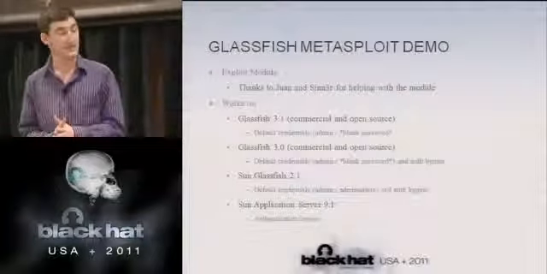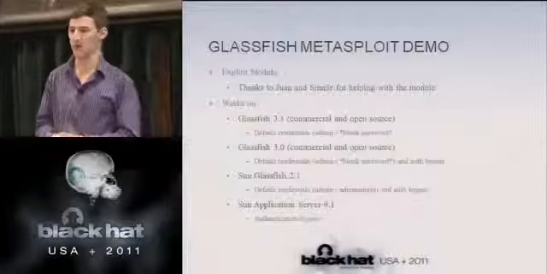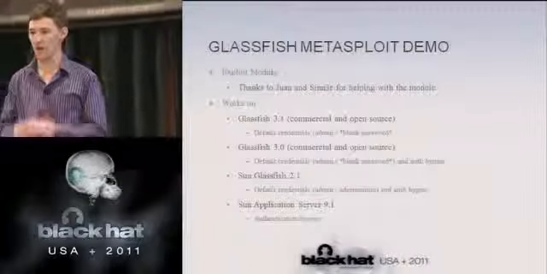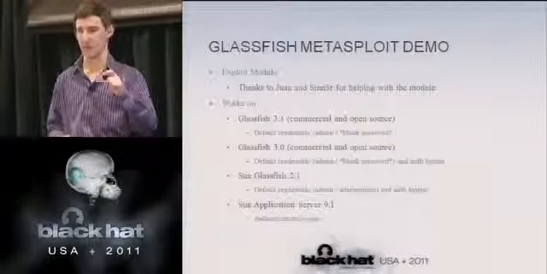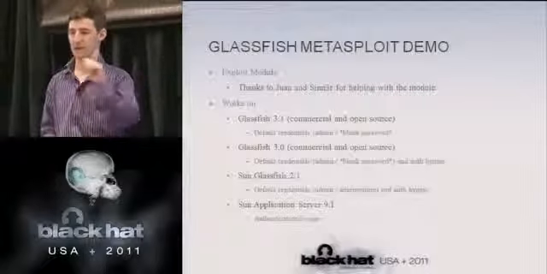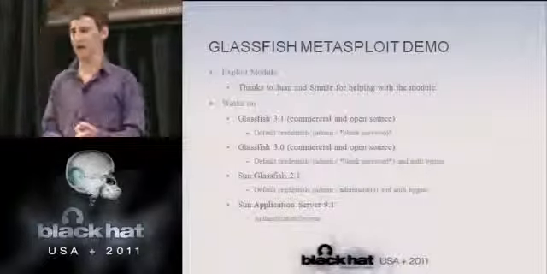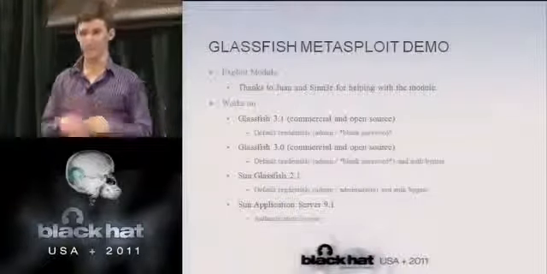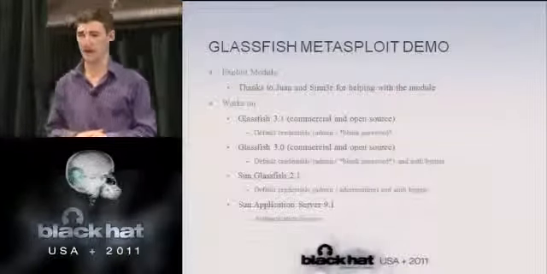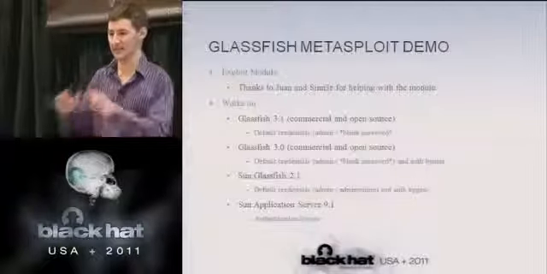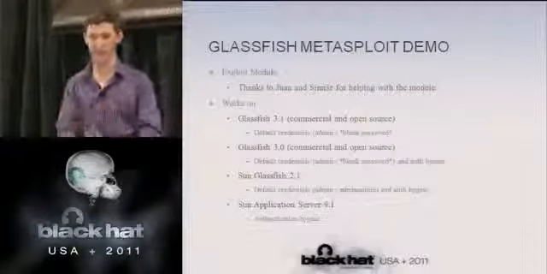As a complete set for attacking Glassfish, I worked with a few other guys who helped and contributed to the Metasploit project to build sort of an Uber module for attacking Glassfish. What it does is it enumerates the version, and then if it's Oracle Glassfish or whatever version it is, it'll use several different attack vectors. It'll do authentication bypass on the earlier versions that were vulnerable, and if those don't work, it'll use default credentials, either in 2.x or in 3.0. For the Sun application server 9.x, I didn't get the default creds working there, but authentication bypass should work for you every time. So we're going to do the demos at the end.